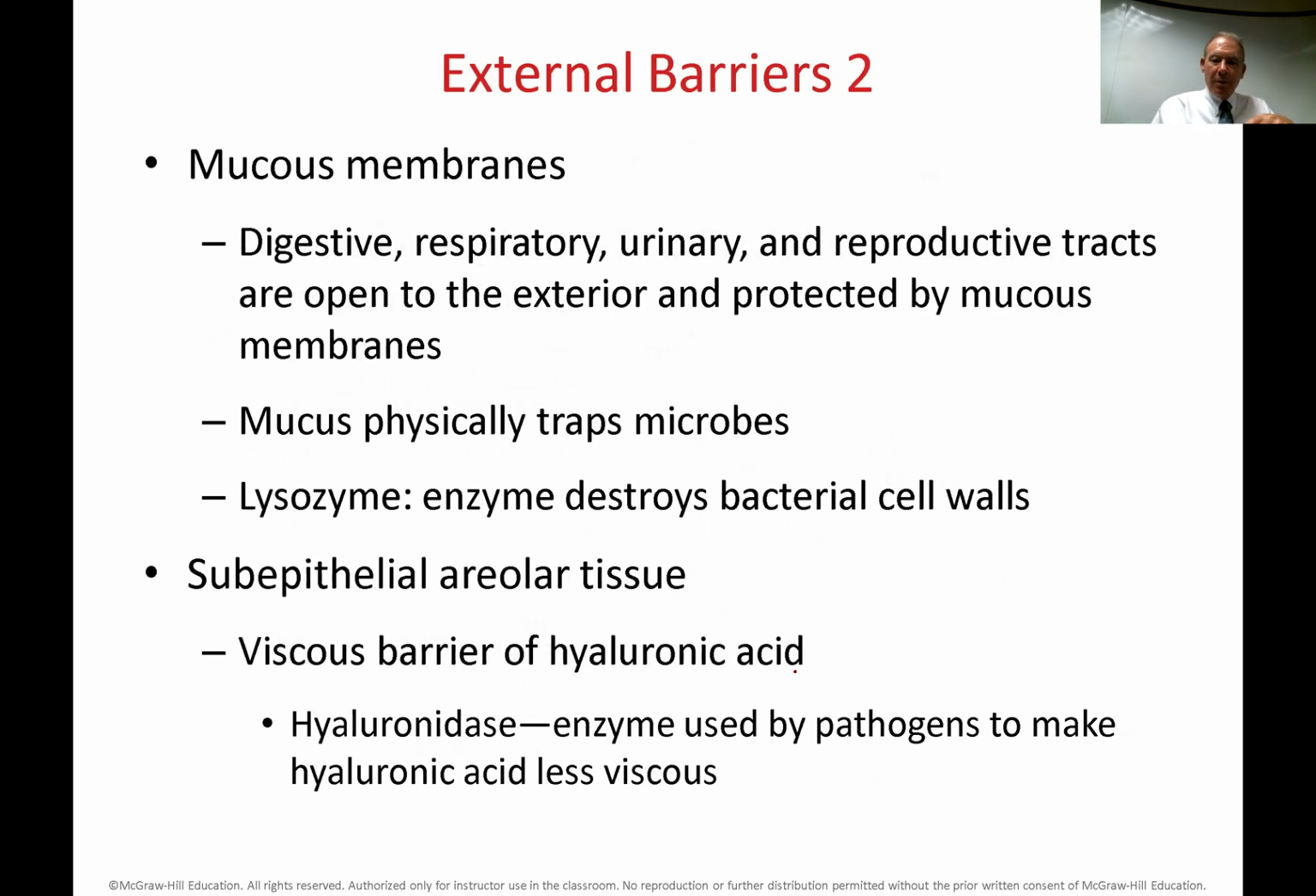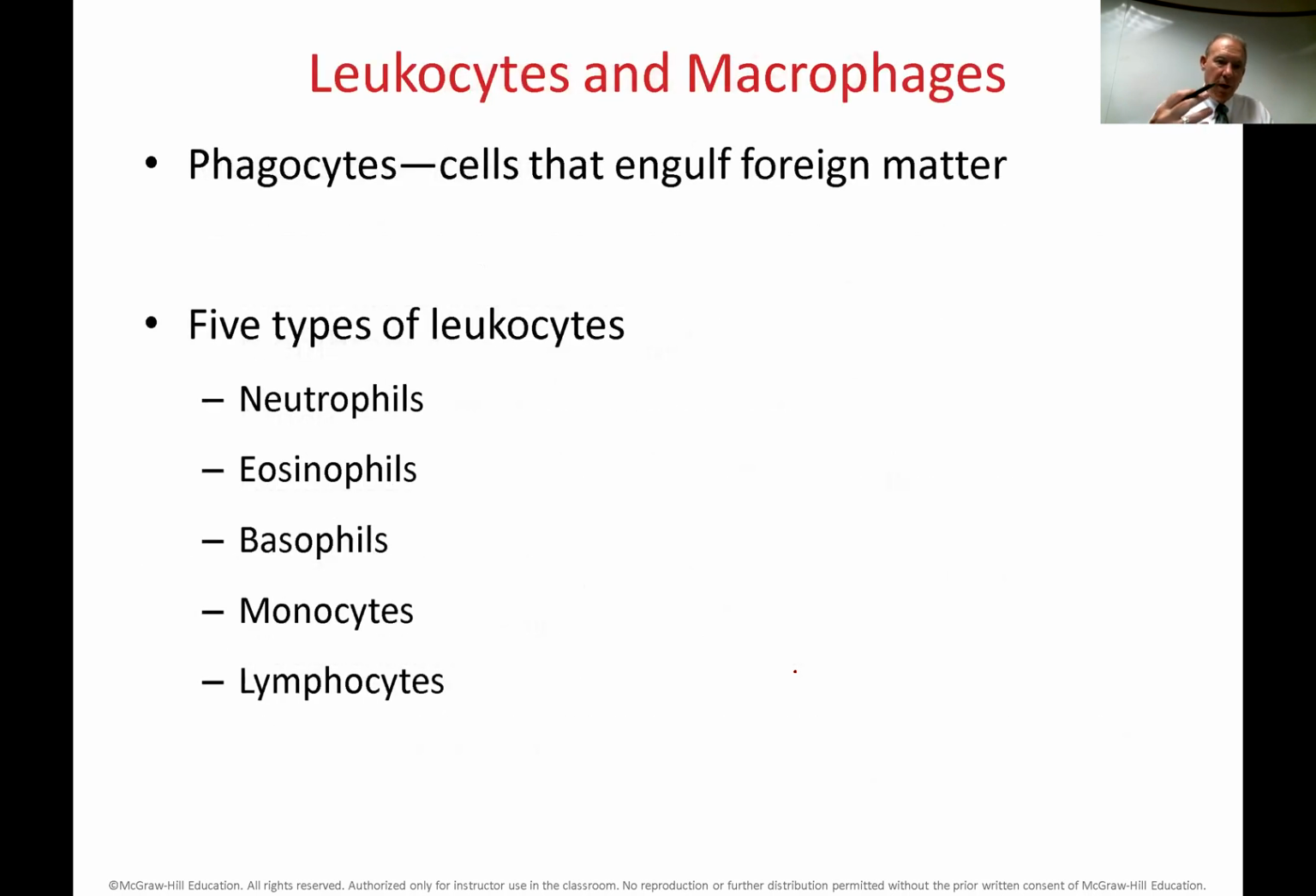The mucous membranes provide a barrier against bacteria and viruses getting into your system. Not a perfect one, but a really good one. And the mucus that the mucous membranes produce traps these microorganisms. Obviously, not all of them all the time. And then the mucous membranes also produce a substance that helps to destroy bacterial cell walls. Okay,